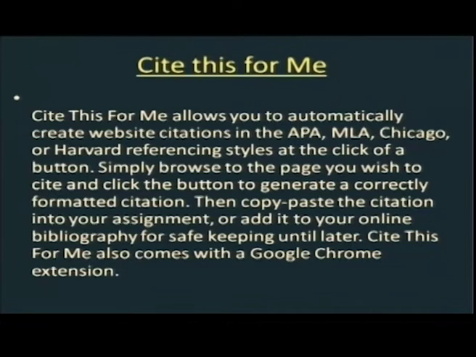Another is CiteThisForMe. CiteThisForMe allows you to automatically create website citations in the APA, MLA, Chicago or Harvard referencing styles at the click of a button. Simply browse to the page you wish to cite and click the button to generate a correctly formatted citation. Then copy and paste the citations into your assignment or add them to your online bibliography for safekeeping until later. CiteThisForMe also comes with a Google Chrome extension. So, CiteThisForMe is a very popular